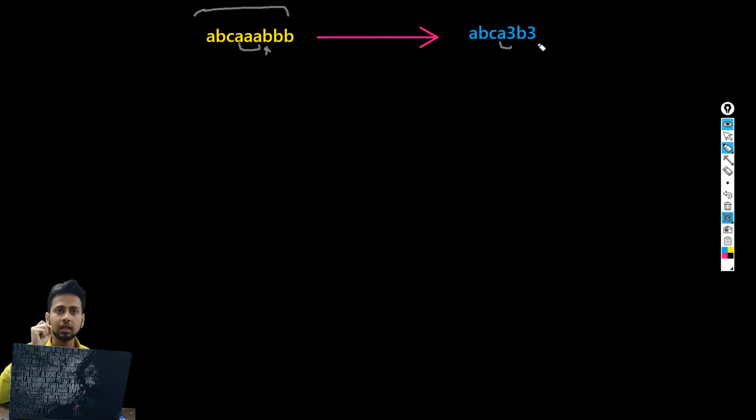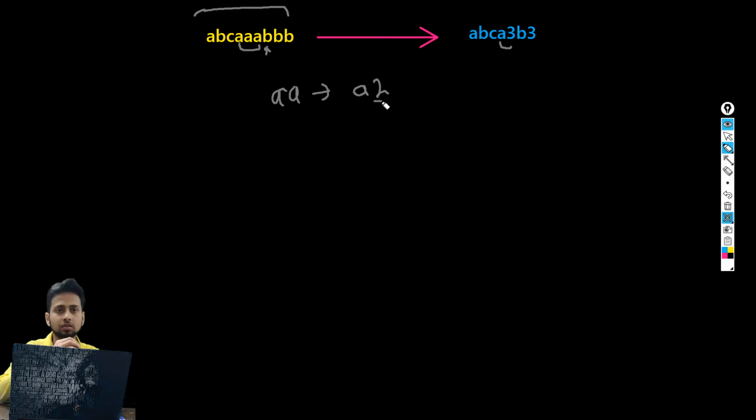So here we are compressing our string only when the repetition of the same character is more than one time. Here a comes once, so we are not doing any repetition. So let's say if a came twice, then we have to write a2. When a character appears just a single time, we don't need to add its number. But if it repeats more than one time, we have to write the number like this.